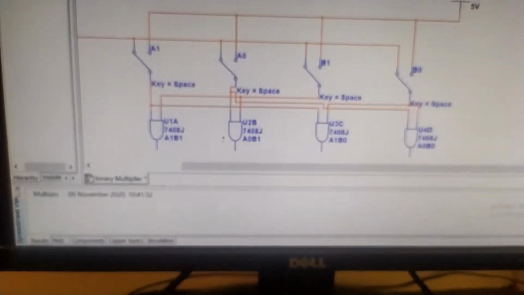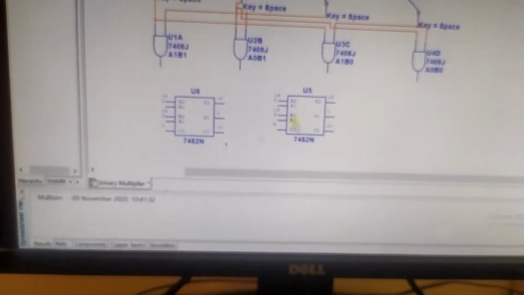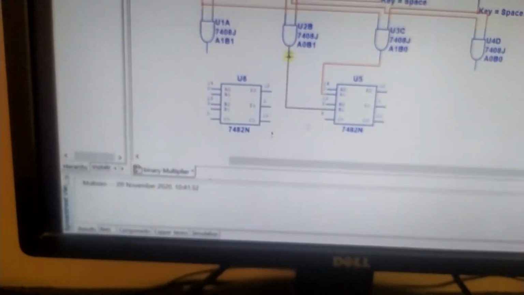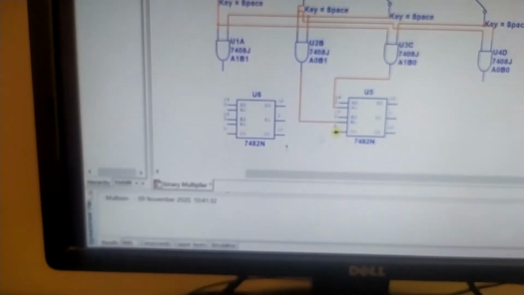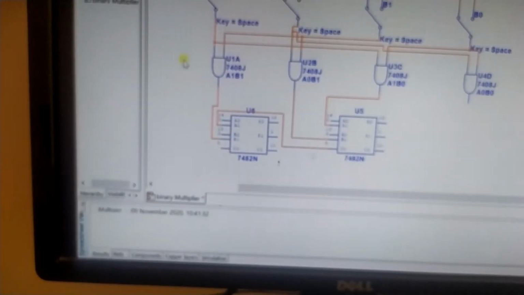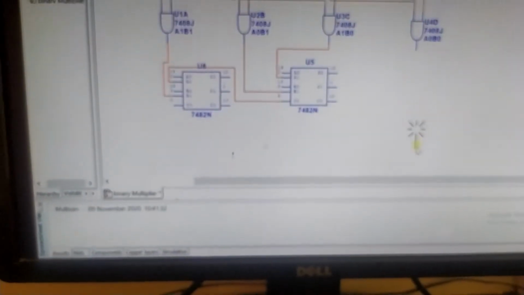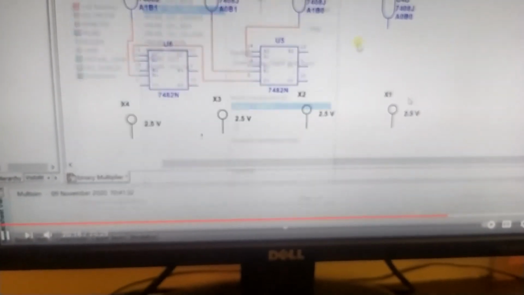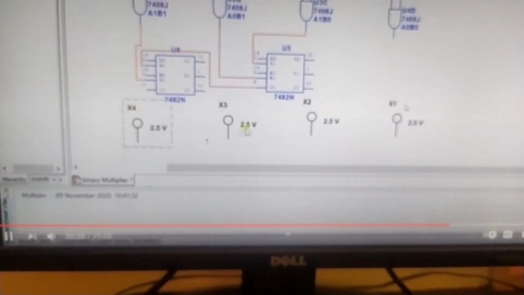Then I have to place the adder components. We need 2 adders. You can pick 7483, an adder, labeled U5 and U6. Connect the output of A0 B0, which is a direct partial product output, directly to the output.